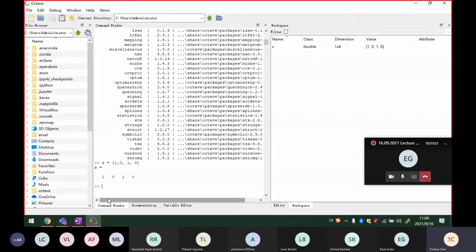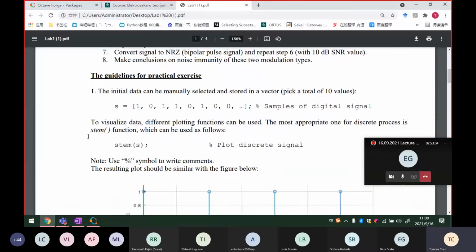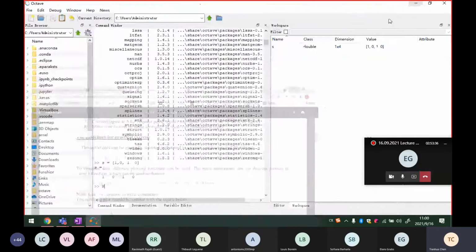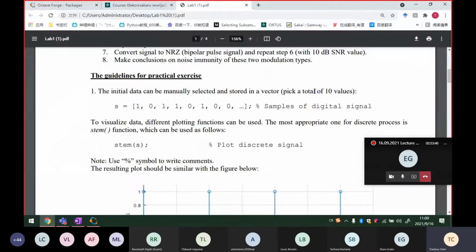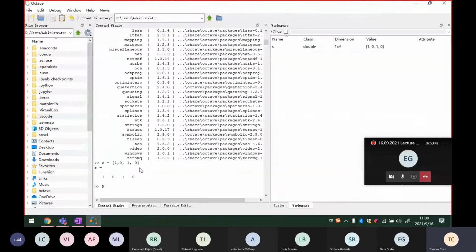random values. So first we will need to choose how many values, like in the initial data, we pick a total of 10 values. So suppose n is 10, and we will get 10. And next we can generate the random indices, like we use the